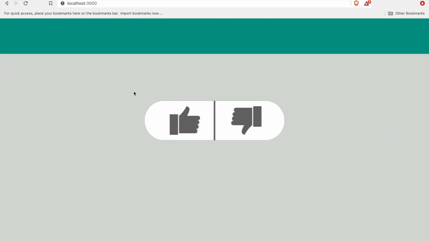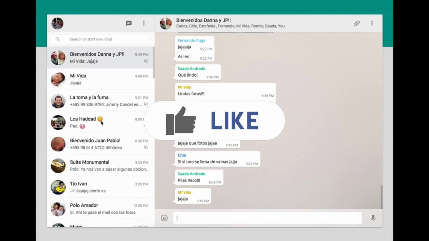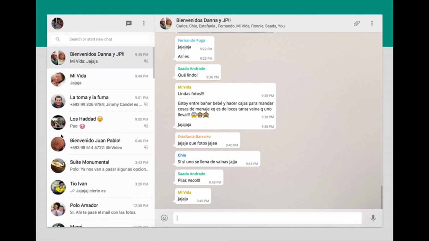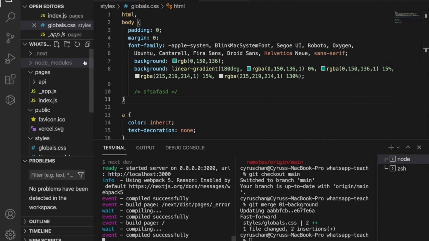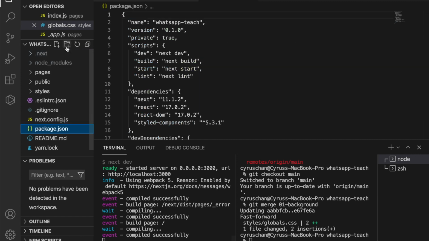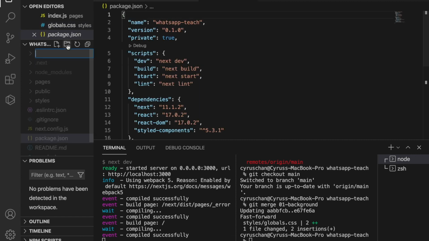Now after we have added the background, we are going to create the layout, so that all the pages have this sidebar, and we will create this box to hold the chat app. So now we go to our project, and inside this we create a new folder, which is components. And then inside this, we create layout.js,